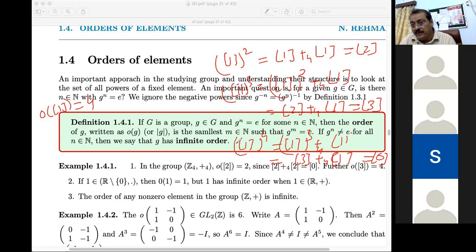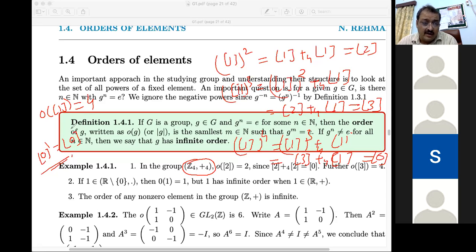Identity element का order हमेशा क्या होगा, 1 होगा, क्योंकि 0 का power 1 लेंगे तो आपको identity element मिल रहा है. तो identity elements का order हमेशा 1 होगा, और non-identity elements का order may be 1, 2, 3, it depends when we are getting the identity element of a such a. So इसके अंदर there is a Z4, in Z4 we have 4 elements 0